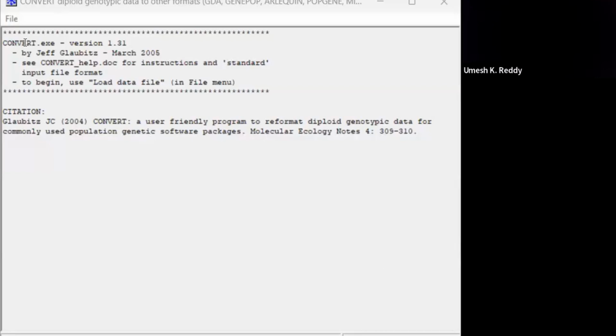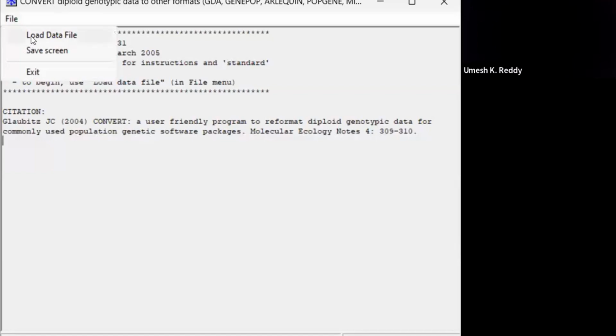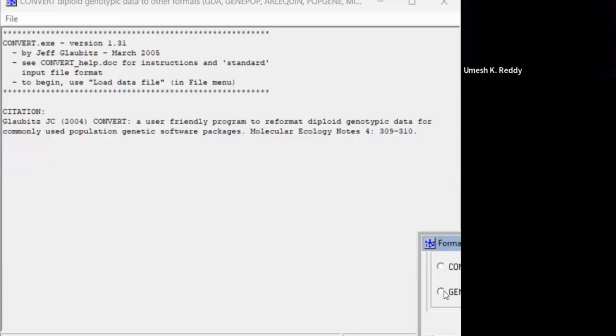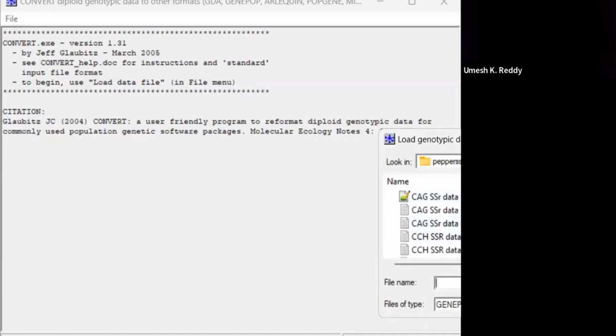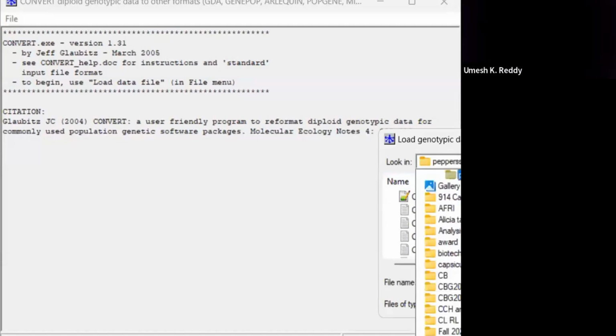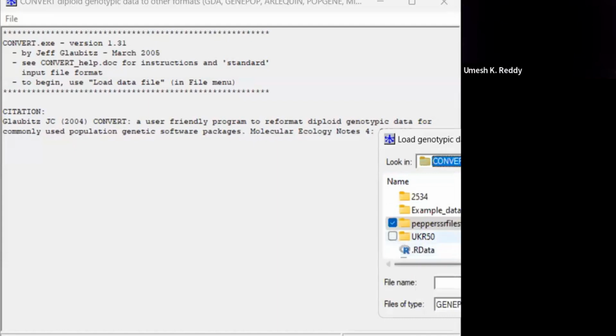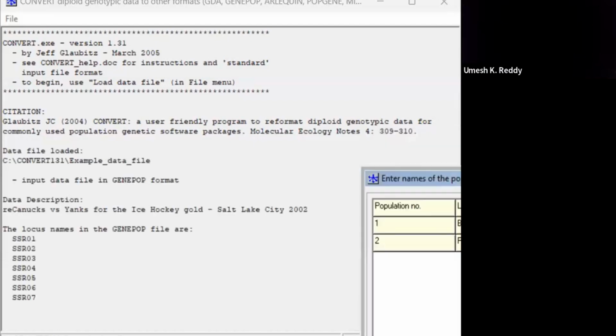So go to file and then load sequences, your GenePop input data file. And then the GenePop input data file. Here we have the example. Is the example file. So it opens,